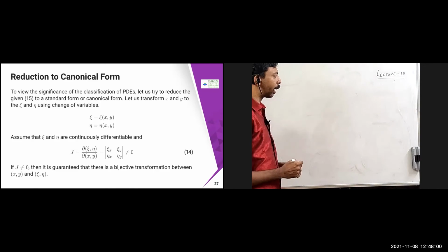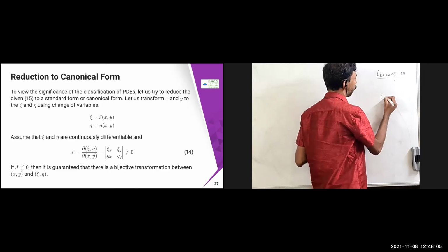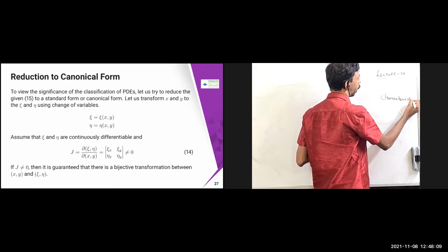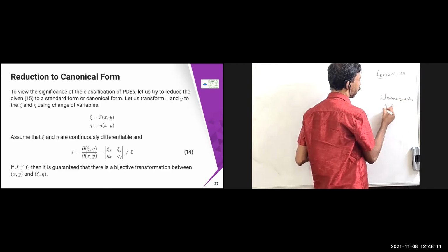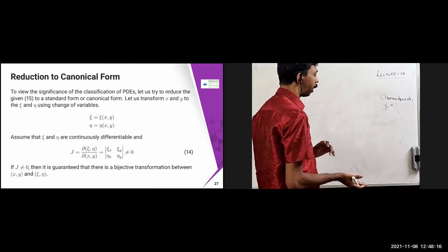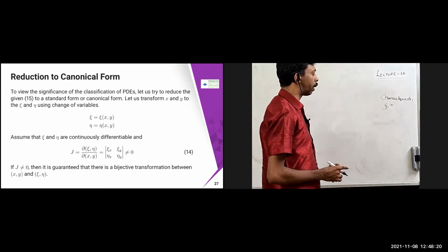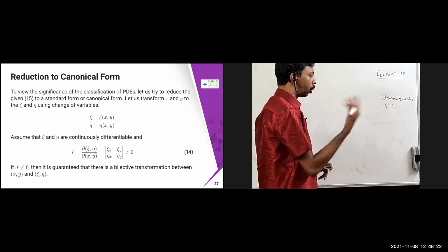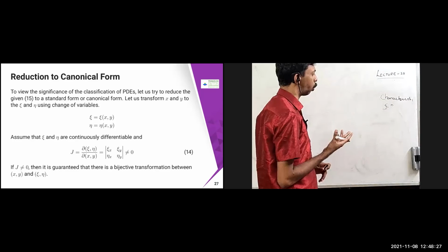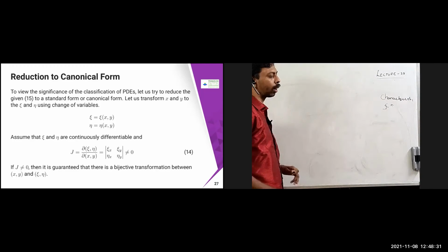Almost similar things we have discussed previously in the characteristic ODE, where we obtained chi and eta. For that we obtained the solution, and we reverted back, because this transforms into an ODE problem. Once you solve the ODE problem, you can come back to the PDE easily. That's what we did in the characteristic ODE, mostly for the first order case.